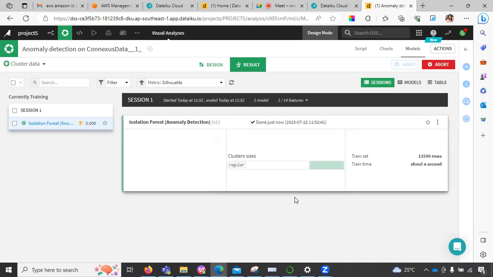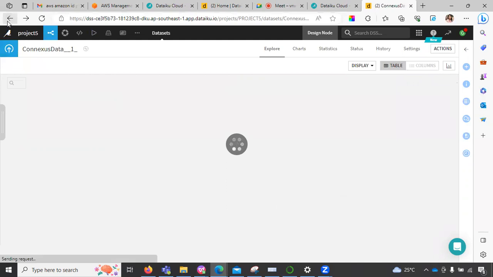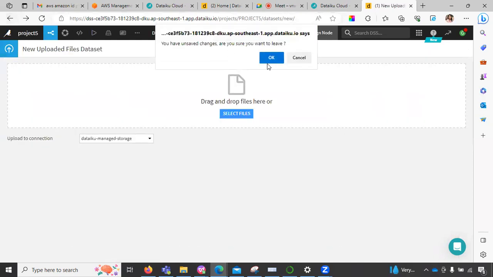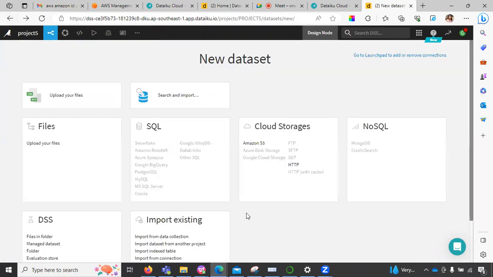Now, as I told you, there is no issue in my data. So the output I have got here is that the complete data is regular. There is no issue with this data, so the output is regular data, no anomalies found. It is 100% clean data. But I will show you one project, or we can apply one new data, where we have added anomalies, like I have shown you here,